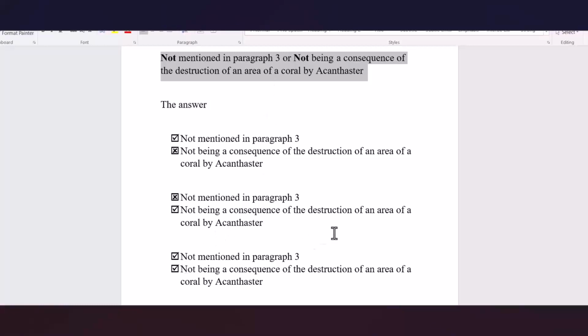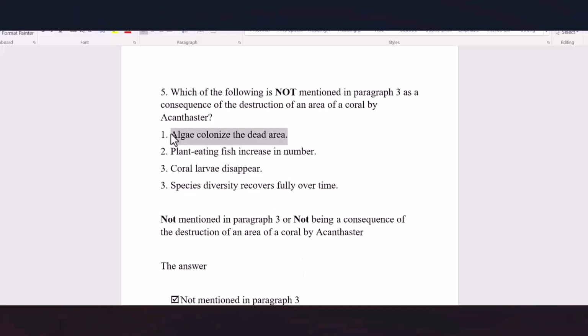And the third one is that a candidate answer is neither a consequence of the destruction nor mentioned in paragraph 3. Now let's check the options. We check the first option. The first option has a grammatical interesting point,